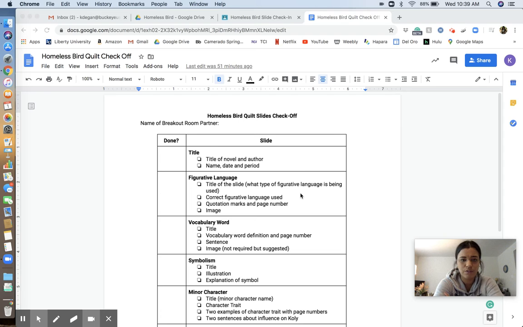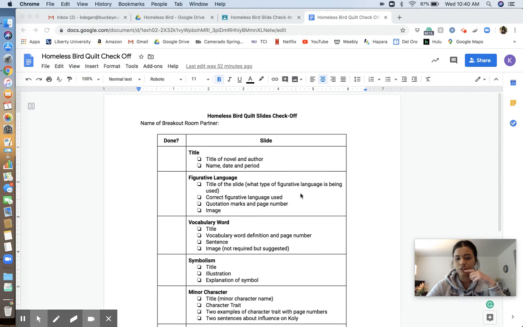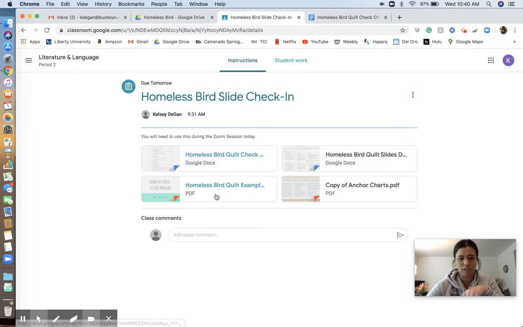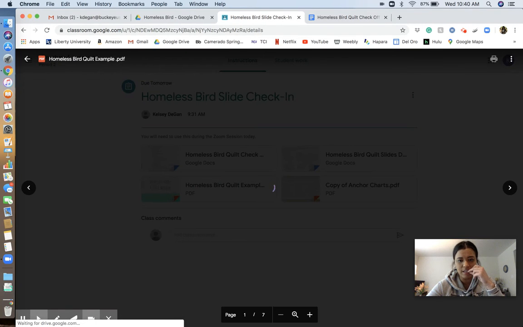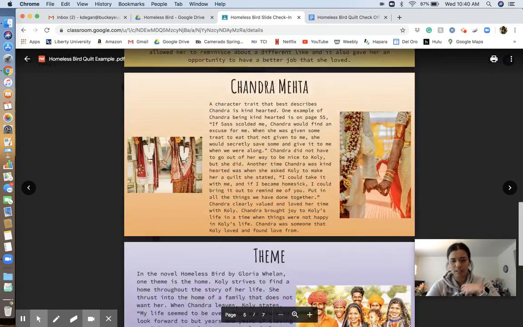Okay, so for those of you that did not make the Zoom meeting today and you're like, well, what the heck is this assignment? There's no directions on it. I'm the directions. So in the Zoom meeting today, we did really small breakout rooms, and in groups, we went through this little checklist based on your homeless bird quilt slides, and I added a PDF version of what I did. I made an example,